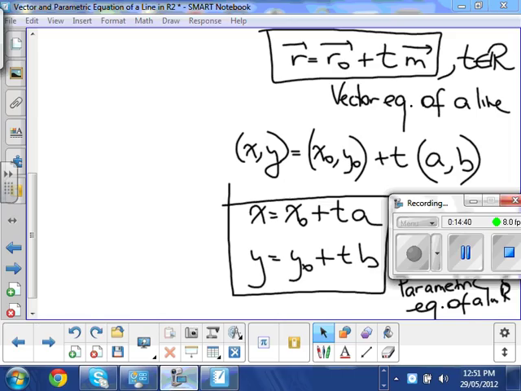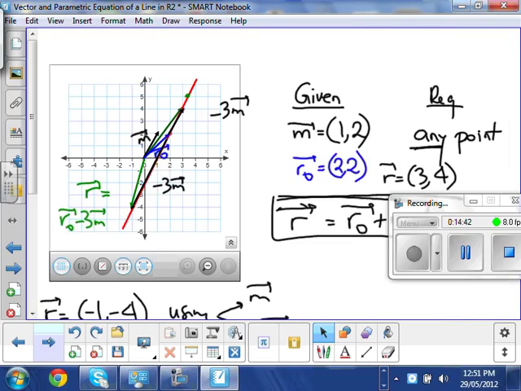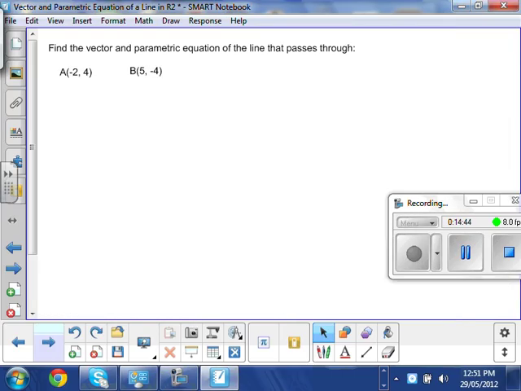Good. Let's check the time. 14 minutes. We'll stop here. I will show you the example that I want you to do, and we'll stop here. So what I wanted to do, I wanted to find the vector and parametric equation of the line that passes through those 2 points, A of -2 and 4, B of 5